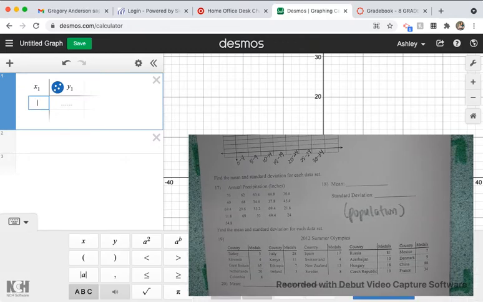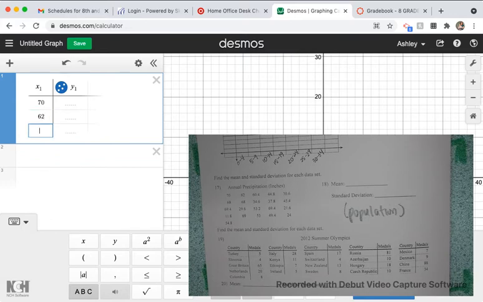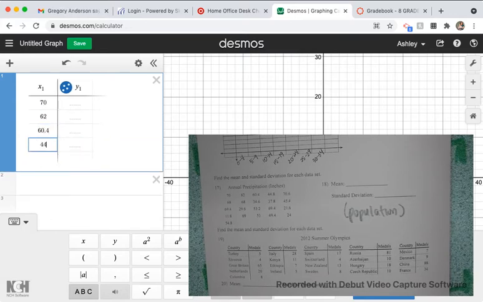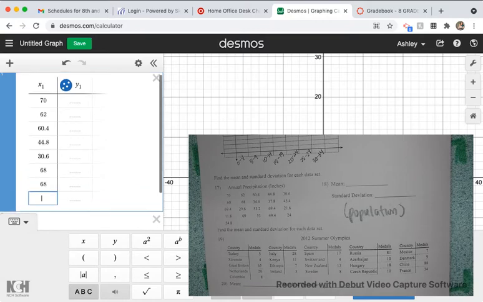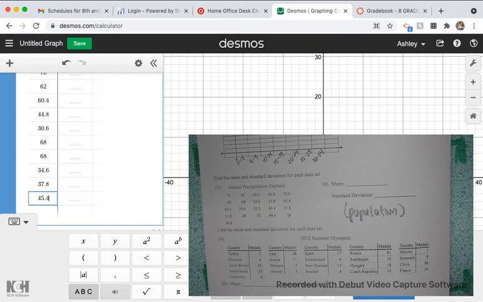So we've got 70, 62, 60.4, 44.8, 30.6, 68, 68, 34.6, 37.8, 45.4, 69.4,